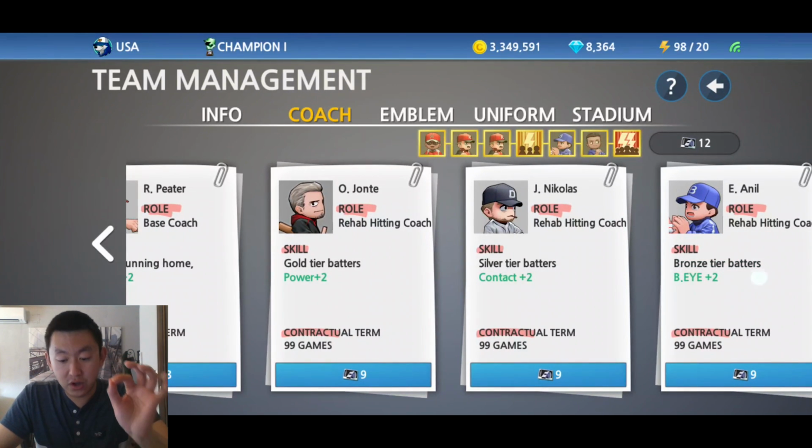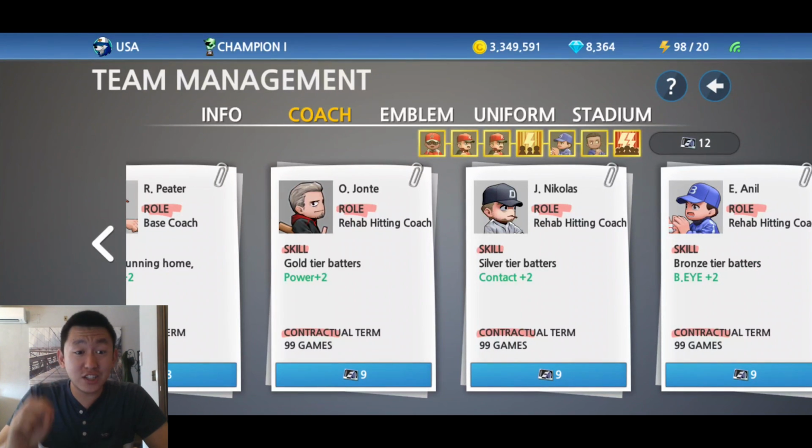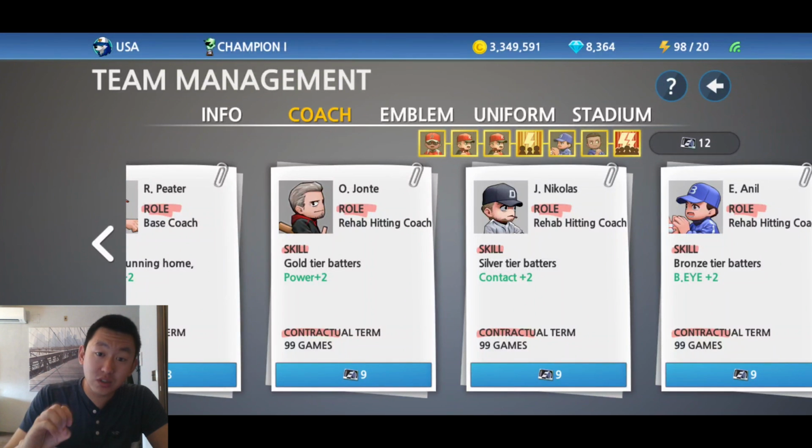Low-key, I think the most underrated coach. Because you look at this, you're like, oh, bronze tier players. But if you're just starting out, and this is bronze players, not recruit. So you start off with a default player, you use the recruit ticket to make them into bronze. They don't actually start out bronze. But if you have mostly bronze players and you're just starting out, I think this one can actually be useful